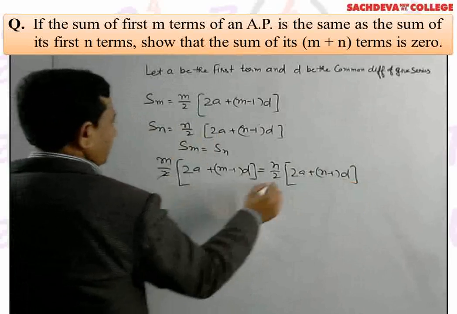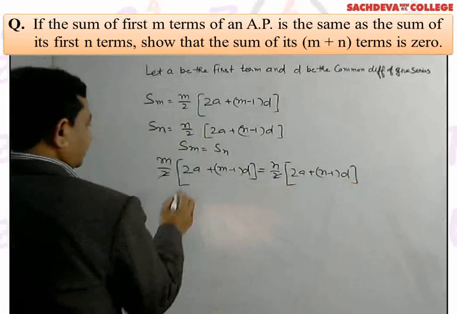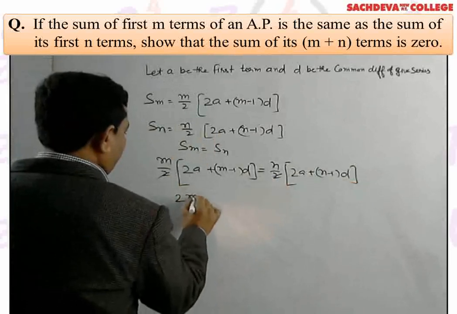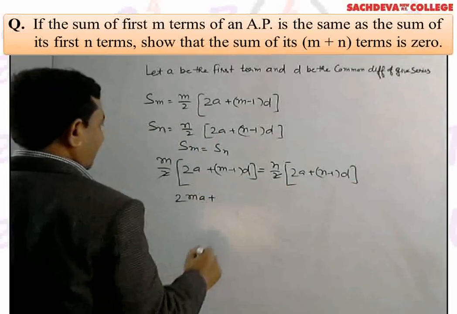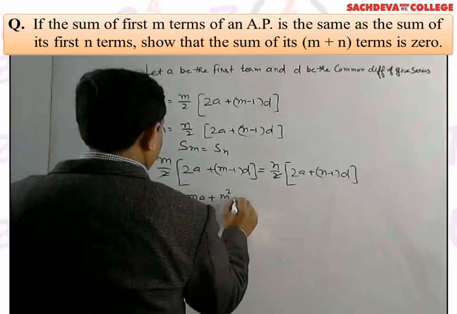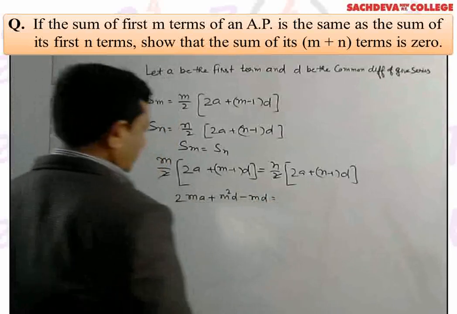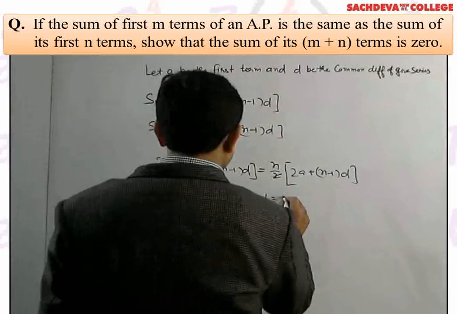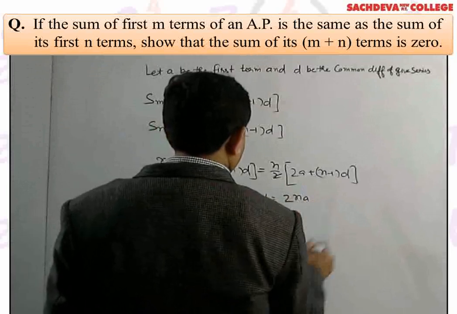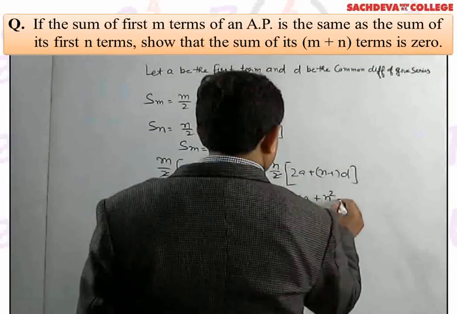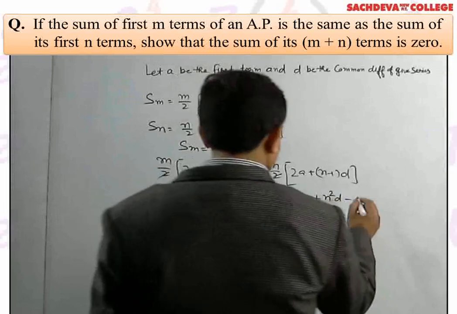This cancel by this. So we find 2ma plus m square d minus md is equal to 2na plus n square d minus nd,